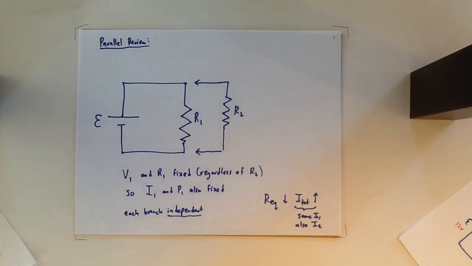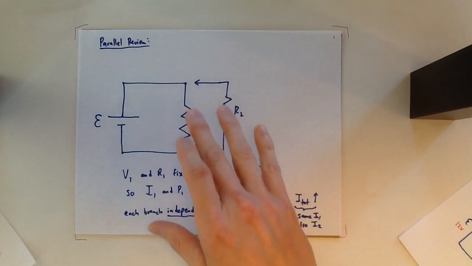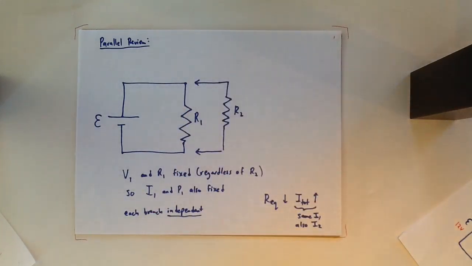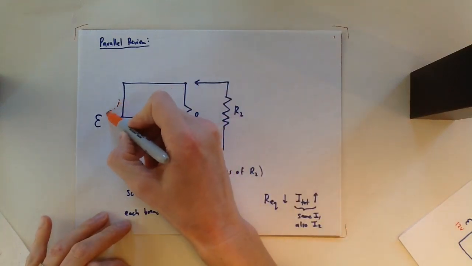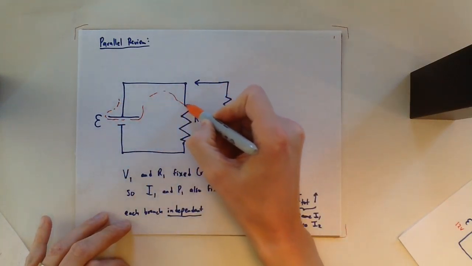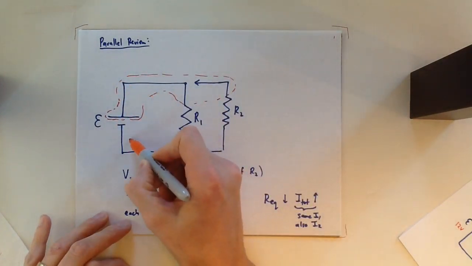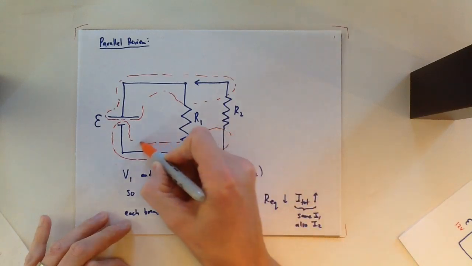A parallel circuit's a really important idea. So here I have a parallel circuit. I have a battery, I have a resistor R1, and if I choose to, I can add a second resistor R2 in parallel with it. And I want to point out that whether or not I add this second resistor here, essentially this is all one big equipotential, and that's the highest voltage equipotential, and this is all one big equipotential, that's the lowest voltage